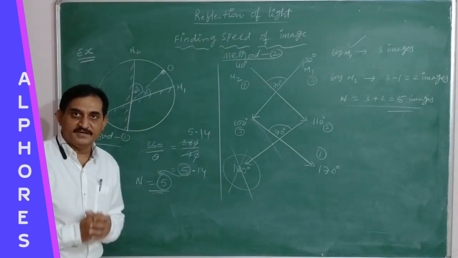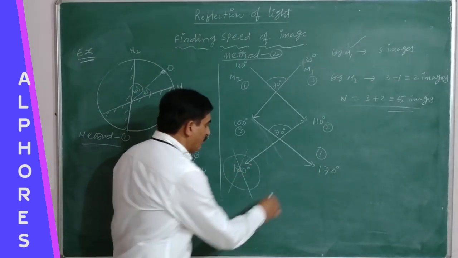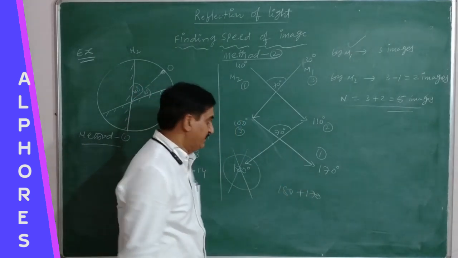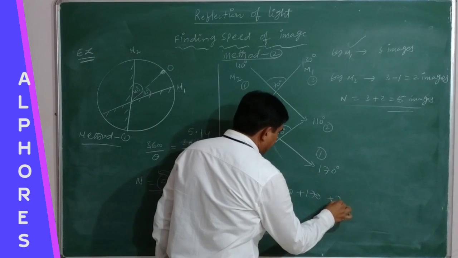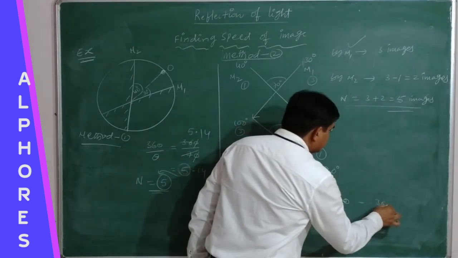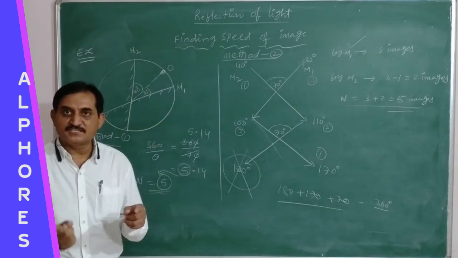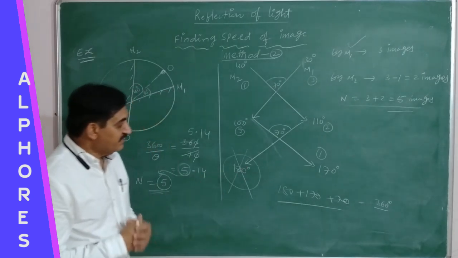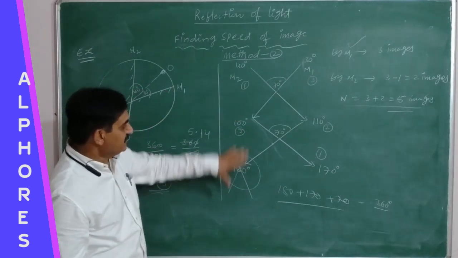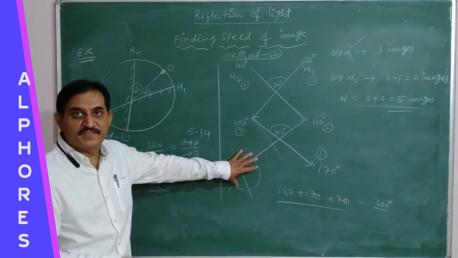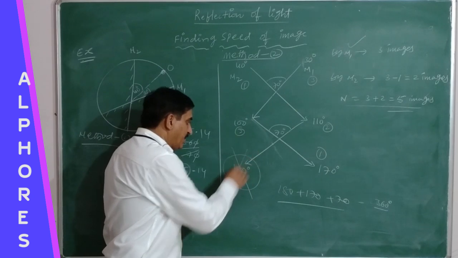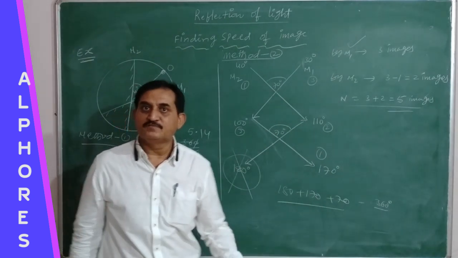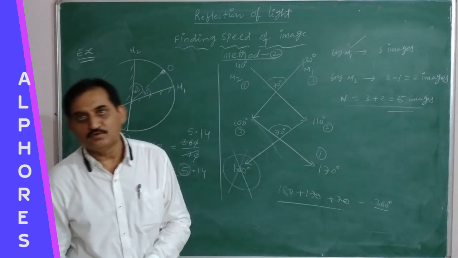And one more very important point: take the final two angles, 180 and 170, and add the angle between the mirrors. If it comes out to exactly 360, then the final images will coincide, and it is taken as a single image instead of 2 images. Otherwise, we count like this: if it reaches 180 degrees or more than 180, it is not taken into account, remove this, and all the remaining images are taken into account. Count them, and that is the final number of images formed by two plane mirrors. Okay, thank you.